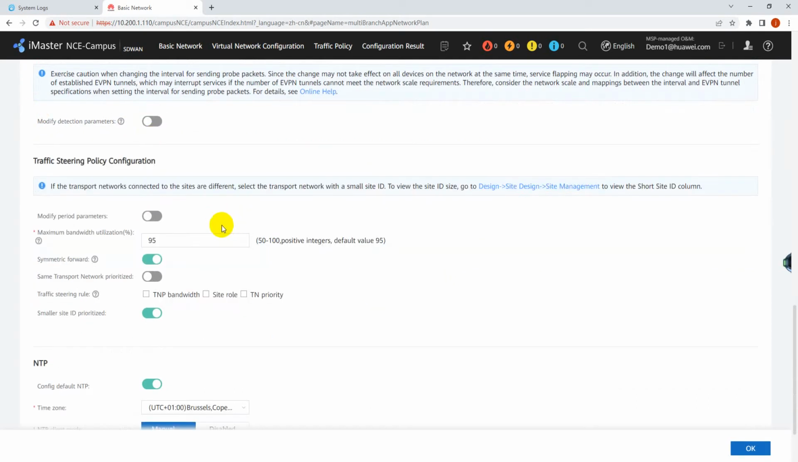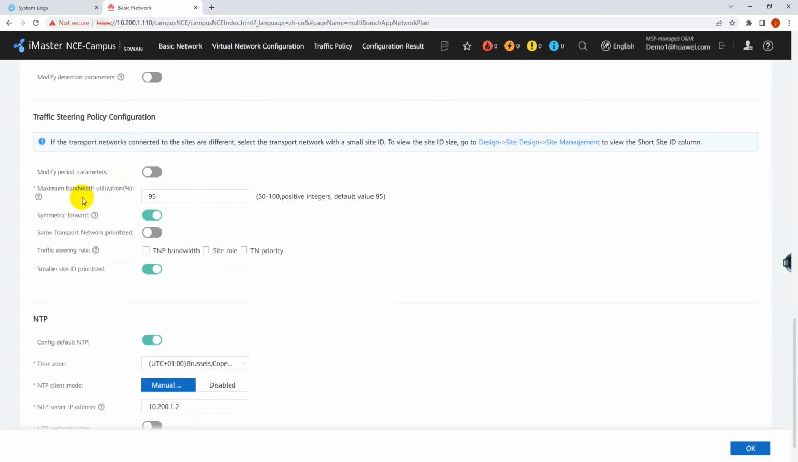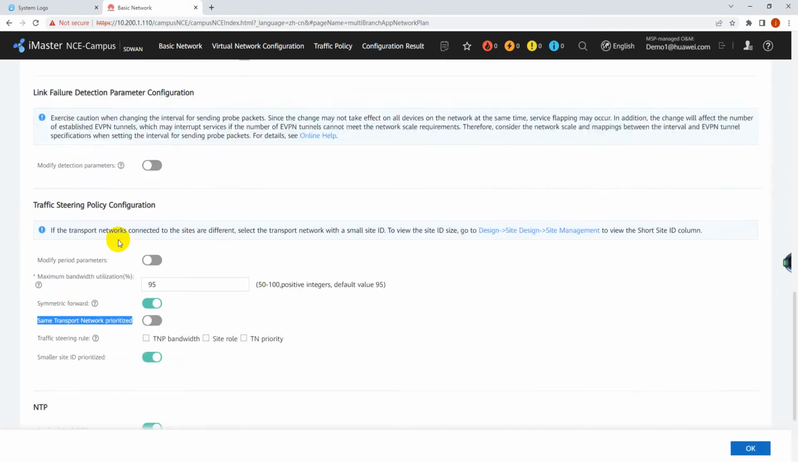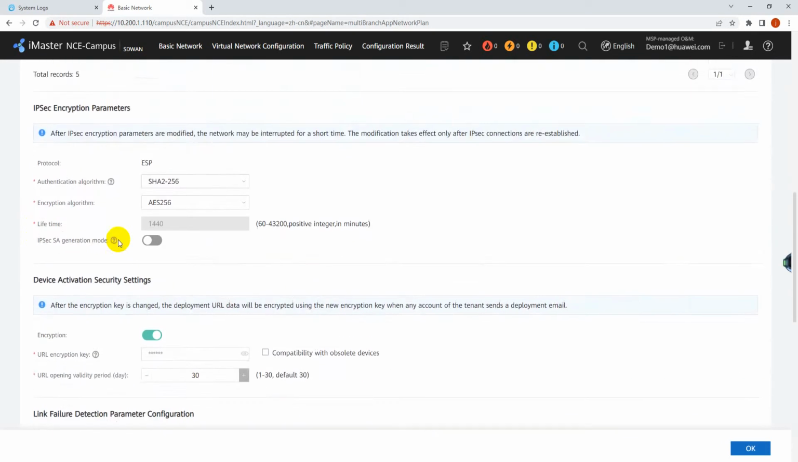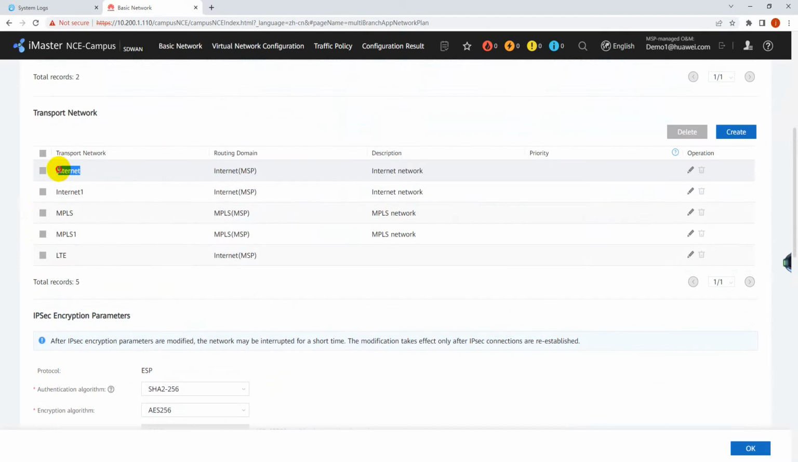parameters here. And the traffic steering policy configuration is for you to configure the maximum bandwidth usage, and to ensure, if you have dual gateways, that the uplink and downlink traffic should pass through the same device. And the same transport network priority